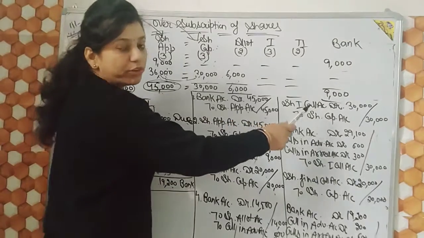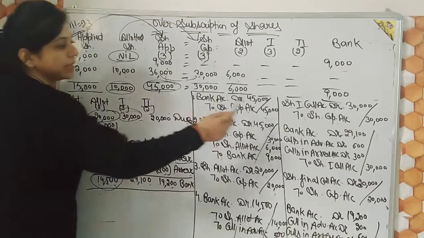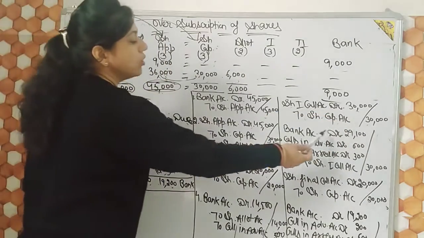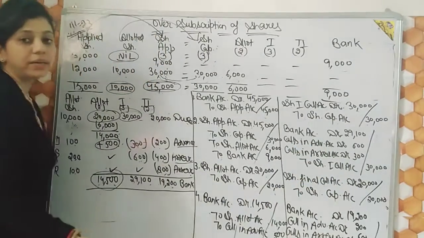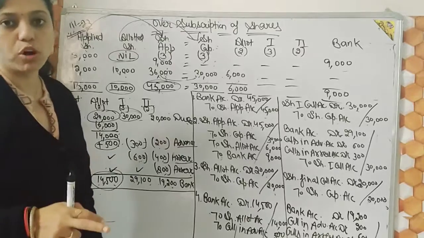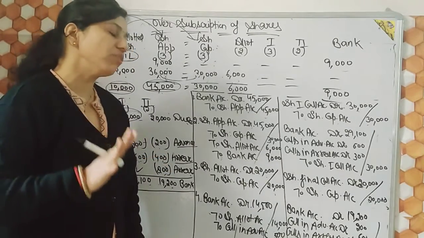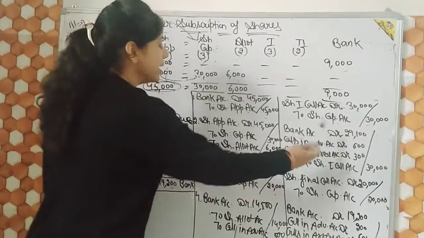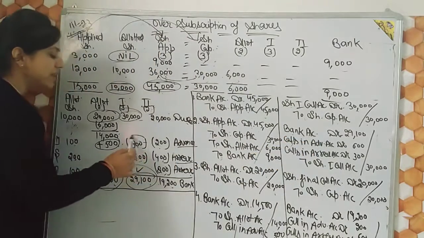If you are able to make the table, then there is no problem in the journal entries. Similarly, at the time of first call, share first call debit to share capital. Due is 30,000. We will write here. At the time of receiving, bank account debit, calls in advance account debit, calls in arrear is also there. As I told you, you have two options, whether to open calls in arrear account or not. So it will be quite useful if you open calls in arrear account. So bank account should be debited with 29,100. Calls in advance is debited.